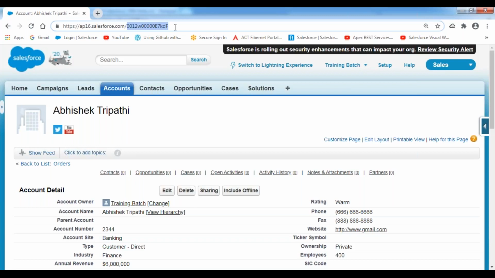Now, this 15 characters ID is case sensitive. The 18 characters ID is also case sensitive. If you want to get the 18 characters ID, we have to go to the database. We have to make a query by using a select statement to get the complete 18 characters ID. Both are case sensitive IDs. Whenever you are querying the records from your Salesforce application, then the 15 characters ID is sufficient. If you want to query the data from third-party applications, then the 18 characters ID is mandatory. These are the differences between the 15 characters ID and the 18 characters ID.